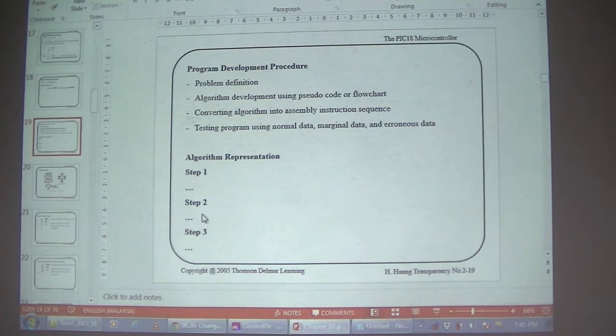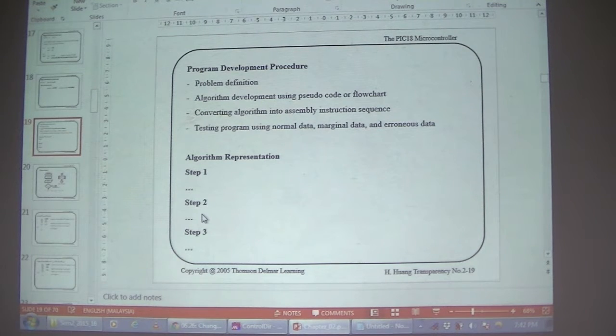So why we have to go through this procedure is because question 5 demands this procedure. That means first thing what you need to do is you need to identify what is actually the problem at hand. And the next thing, once you have identified the problem, what is the problem that you want to actually solve? Don't worry, later we'll take example and we'll try to solve this, so not to worry.